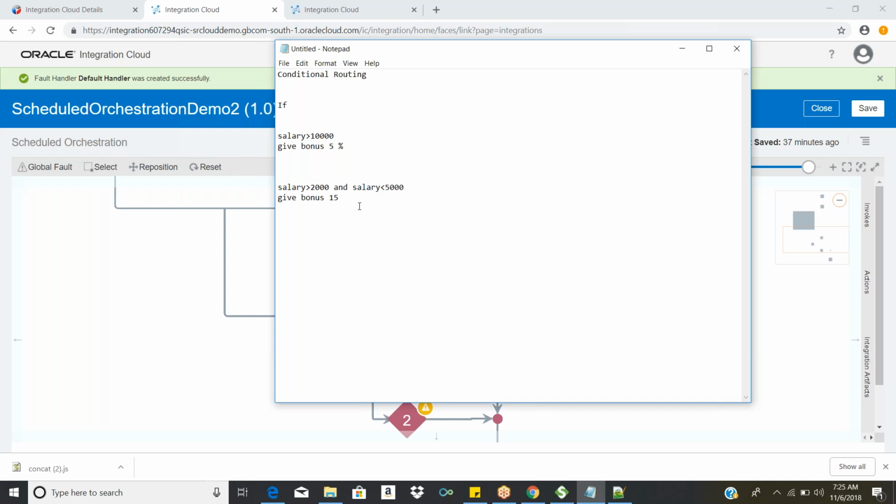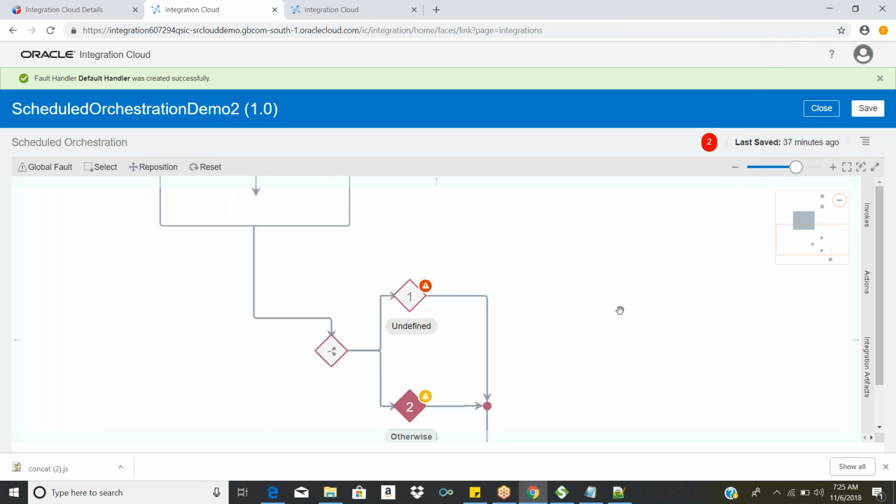I've given some dummy conditions, so don't worry. In total we have three conditions, and this logic we can implement here in the switch activity.